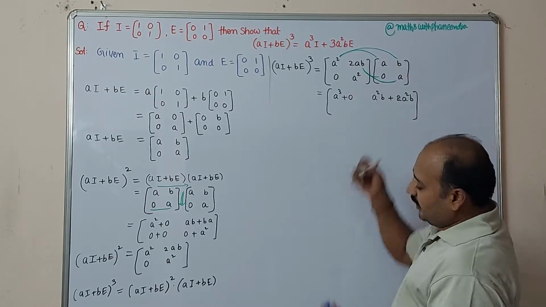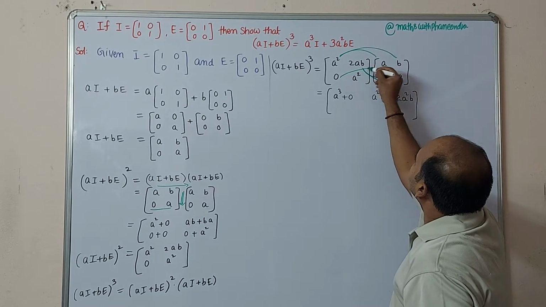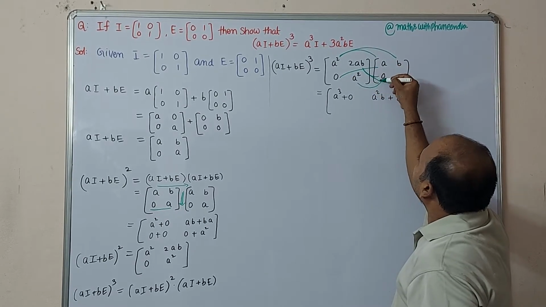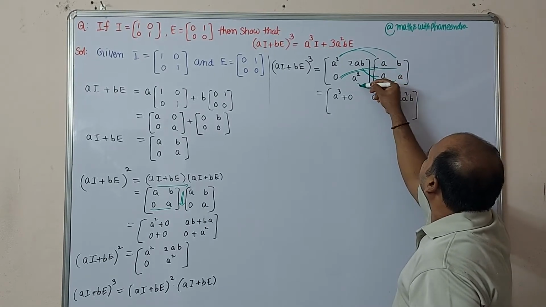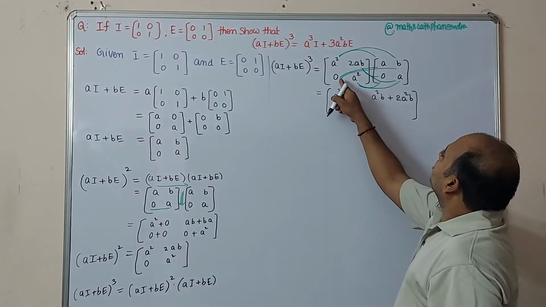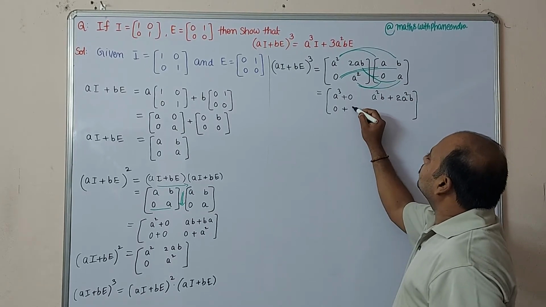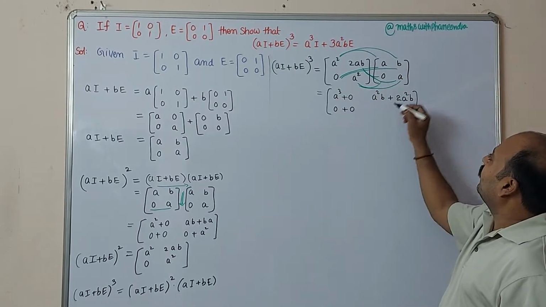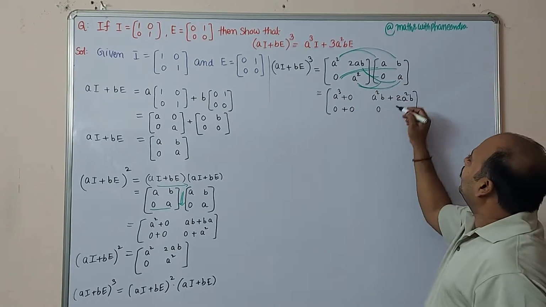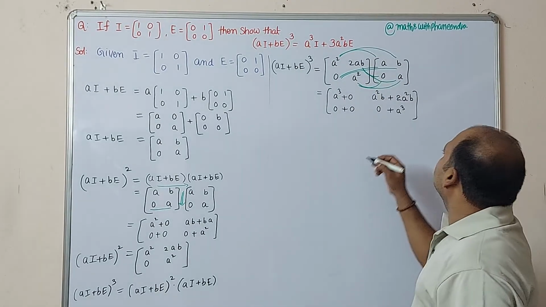Here 0 into A, for this also I will write it for your convenience. 0 into A, next A square into 0, 0 into B and A square into A. So now it will come 0 into A, 0, A square into 0, 0. Next 0 into B, 0, A square into A cube. So if you simplify this, you will get